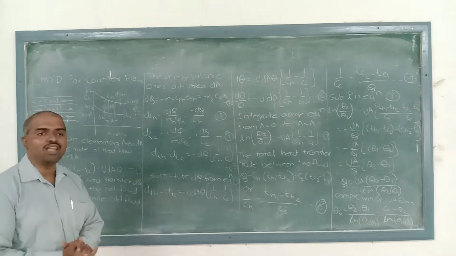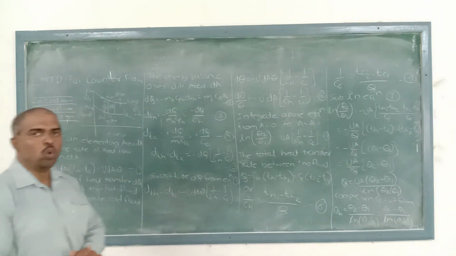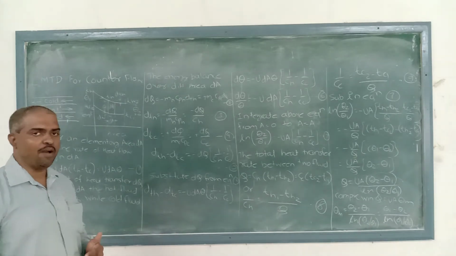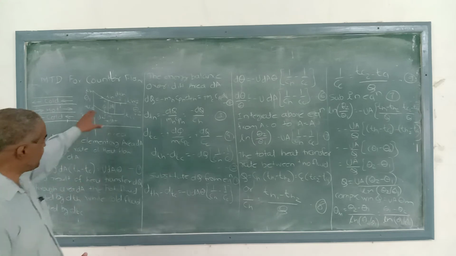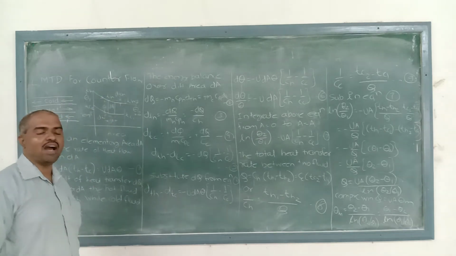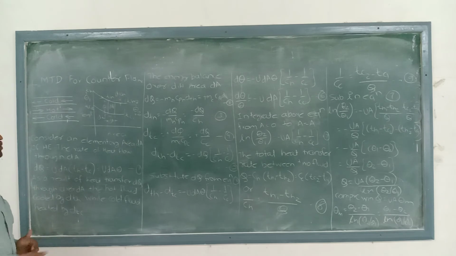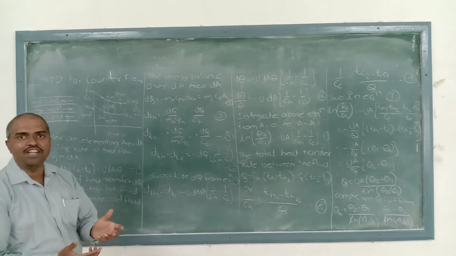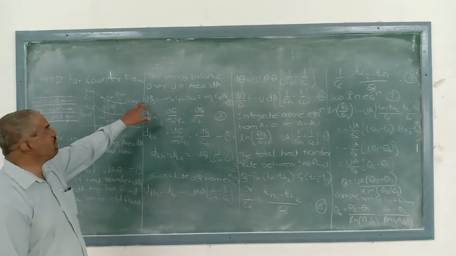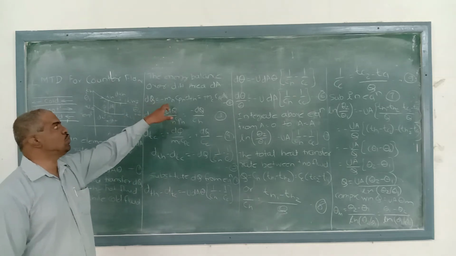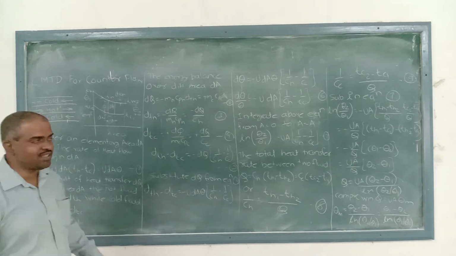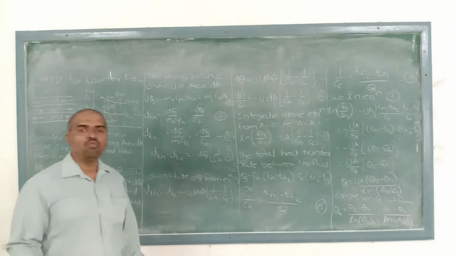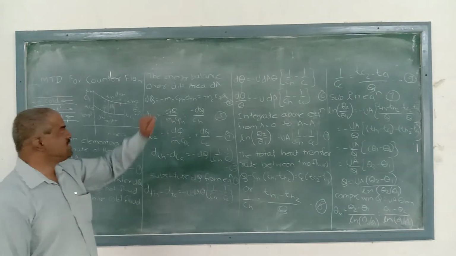So here we can observe that the hot fluid is cooled by dTh and the cold fluid is heated up by dTc while considering this small elemental area. Then we have written the energy balance equation for the hot fluid and the cold fluid, because the hot fluid gives heat to the cold fluid, and we have dQ is equal to minus mH into Cph into dTh is equal to mc into Cpc into dTc. We are calling it equation number 2.